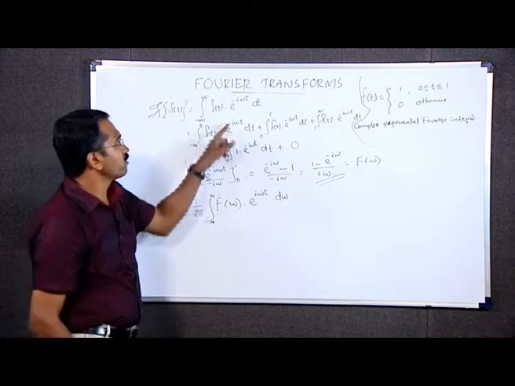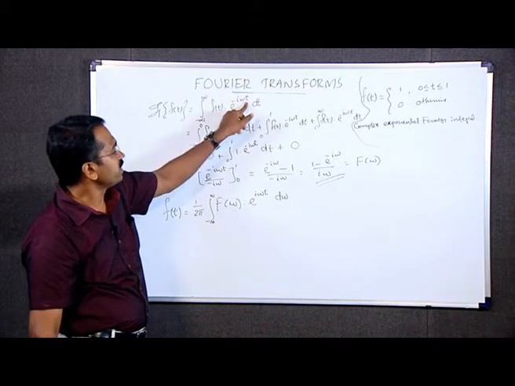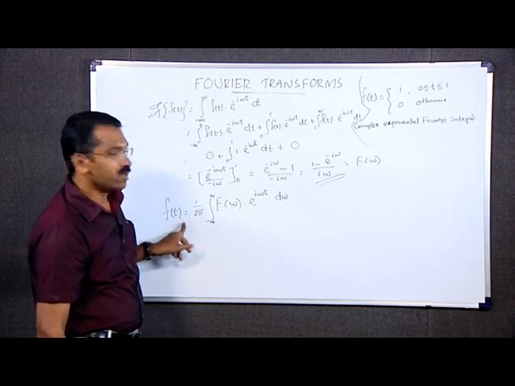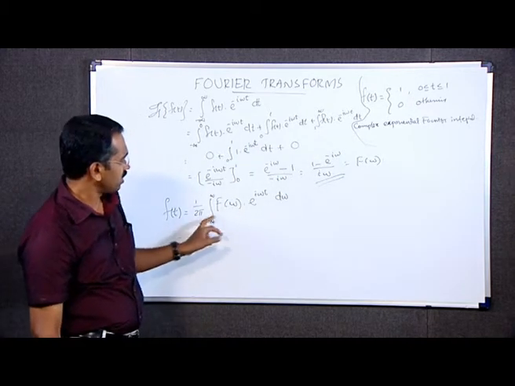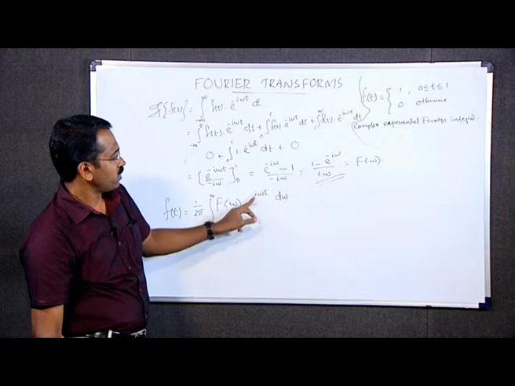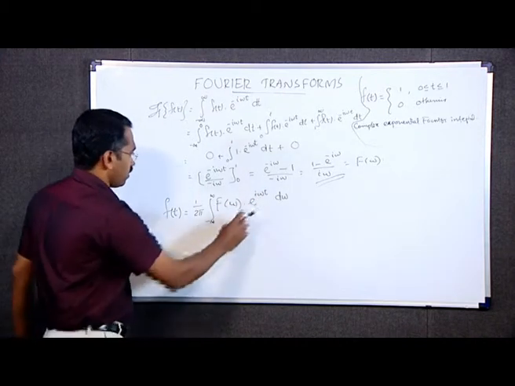In the Fourier transform, the exponent is minus i omega t. In the complex exponential Fourier integral representation, we have to write the exponent as plus i omega t d omega,